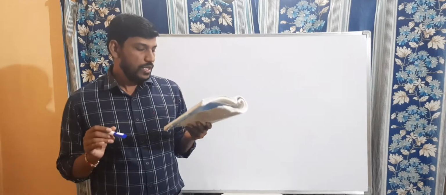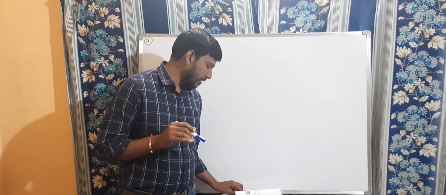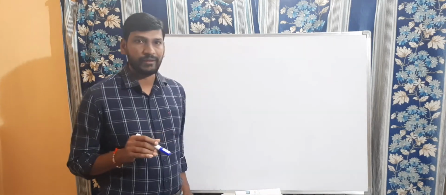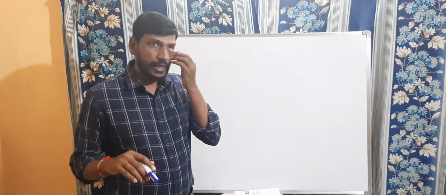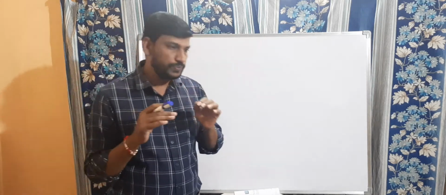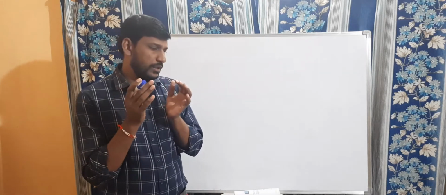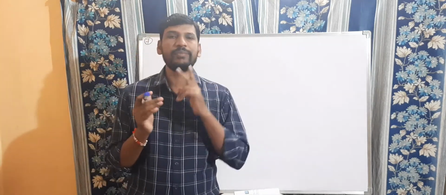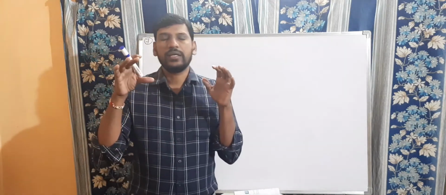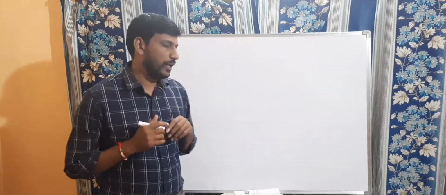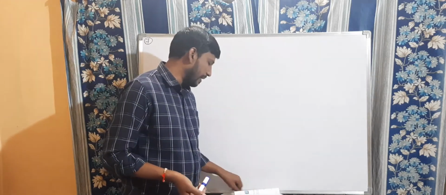Okay, totally 250 boxes are required for the bigger one and 250 boxes for the smaller one. Clear, my dears? So first of all, there is a sweet shop. They have given one order for making boxes. Two types of boxes are required, one is a big box and one is a small box. Clear? First of all, we need to find out the total surface area of both the boxes.